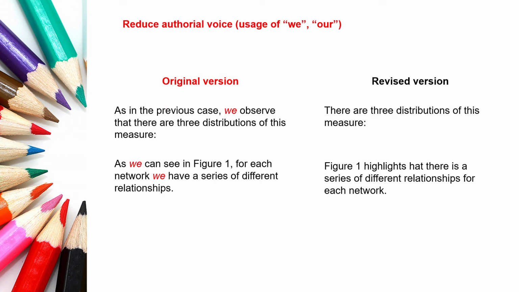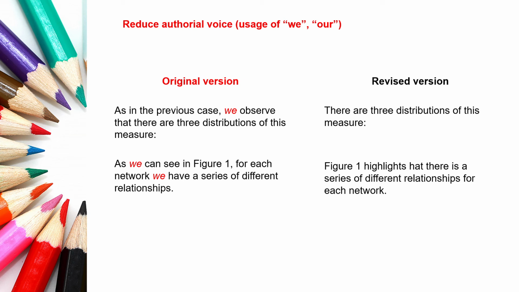Next is to reduce authorial voice. The usage of we and our is quite personal. This is what we call personal pronouns. It is best if you can just get rid of them. Do not use personal pronouns in your academic essay or report writing. Look at this original version: as in the previous case, we observe that there are 3 distributions of this measure. Instead of that, you can just go straight to the point by saying that there are 3 distributions of this